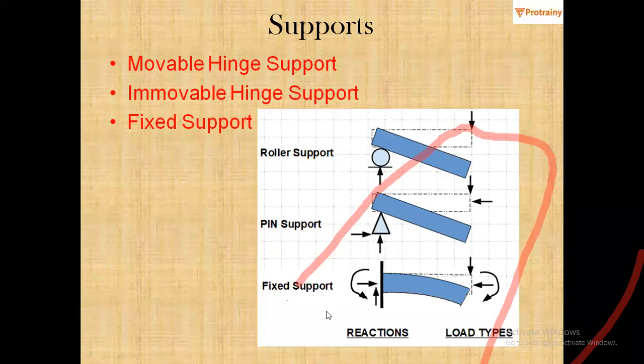Lastly, we have fixed support. Fixed support में हम क्या कर रहे हैं? Fixed support में we are obstructing the rotation as well. मैंने rotation भी रोक दिया. So as you can see, this section is not rotating like this section or this section. ठीक है ना, यहाँ पर इसमें bending आ गई है. It is not rotating. अभी जैसे ही vertical reaction थी, horizontal reaction थी, और जैसे ही rotation को withhold किया, there is going to be a moment. ठीक है ना, because what is responsible for rotation? Moment is responsible for rotation. So these are the